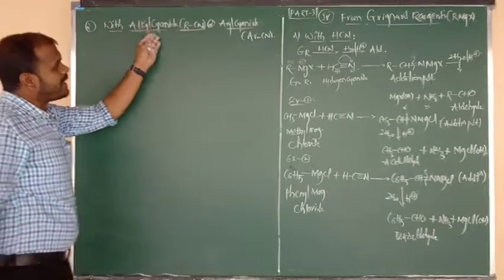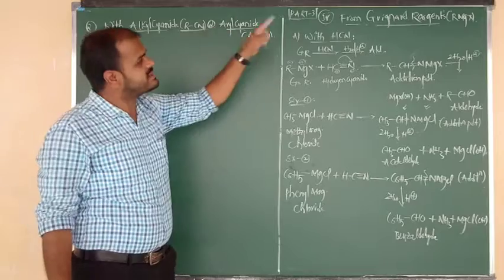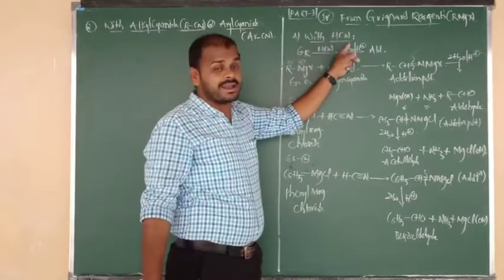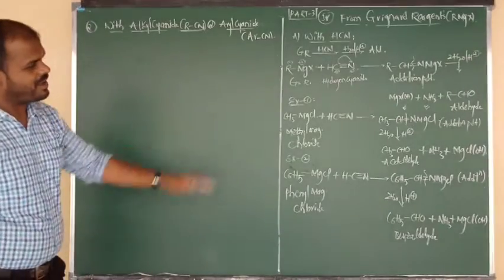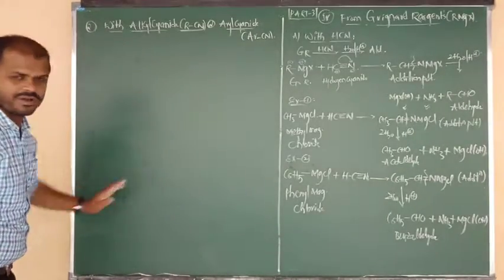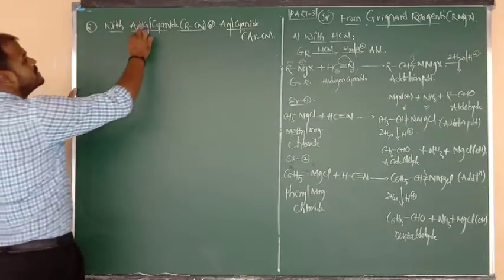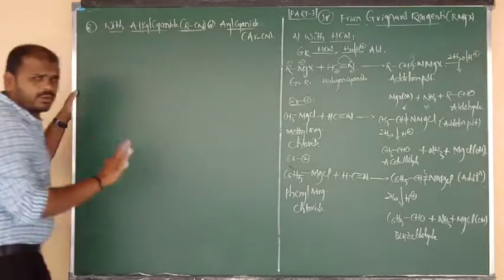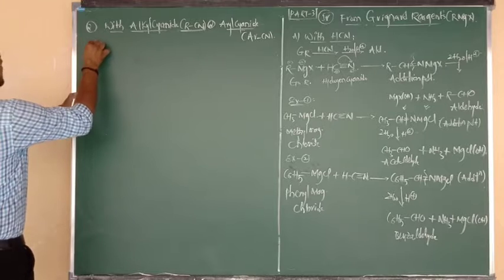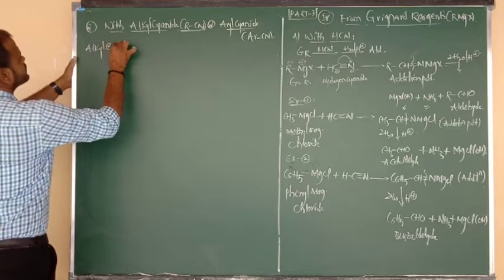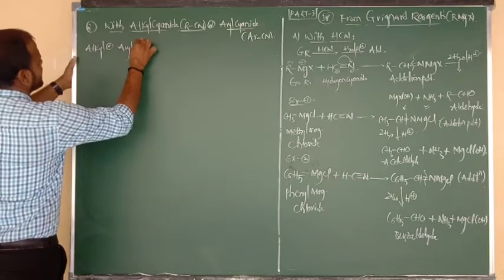Good. So from alkyl and aryl cyanides, using Grignard reagent, we are going to prepare the ketones. From hydrogen cyanide, we are going to prepare the aldehyde, which I already told you. Let me go for ketones. Can I show the statement first of all? So alkyl cyanide or aryl cyanide, whatever that may be. So the simple common statement is: alkyl or aryl cyanides.